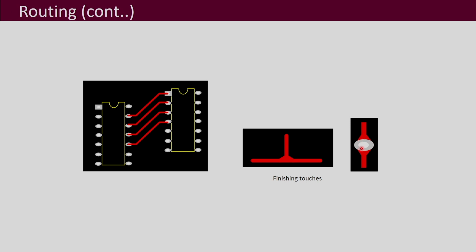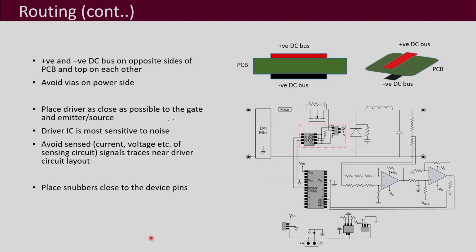And similarly, if you are taking out traces from this pad, from the circular pad, there also you can create these kind of 45-degree bends. Now, some other routing tips that you should be knowing are